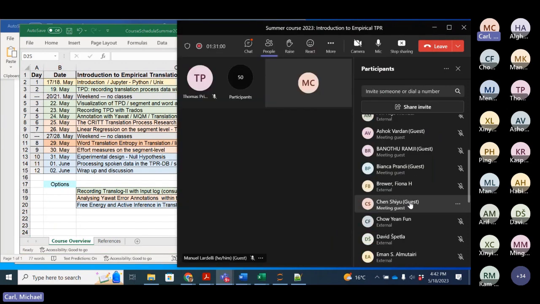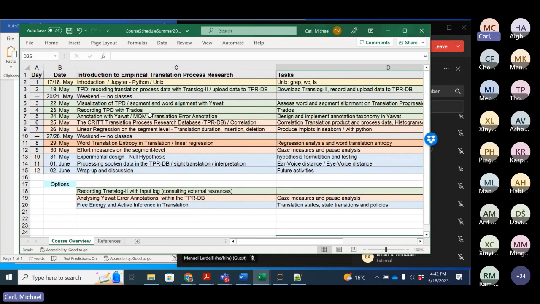Trados is a translation memory that I guess almost every translator would know and would have worked with. Translation memories are tools that have a large database of available translations, and they would then suggest a possible translation for a new translation, which is very efficient.